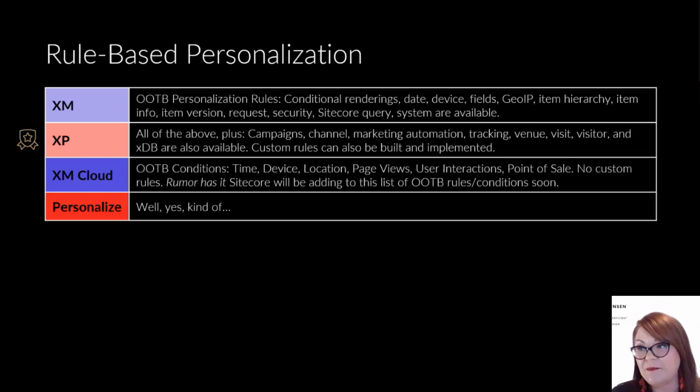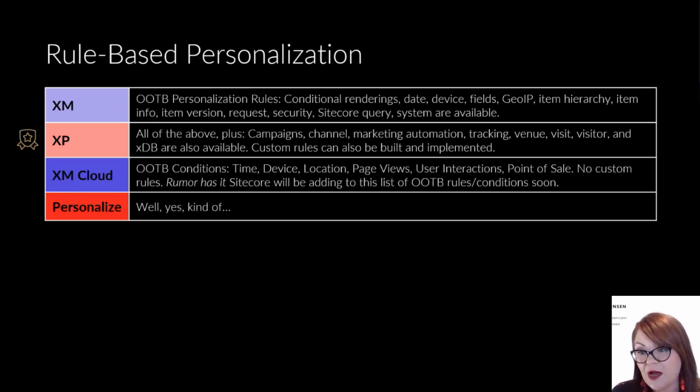With XM, there are out-of-the-box personalization rules, conditional renderings: date, GeoIP, item information, item version. Those are the most common rules that we use. With XP, you get all of those, plus a whole bunch of other rules, and you can also customize the rules that you use for component-based